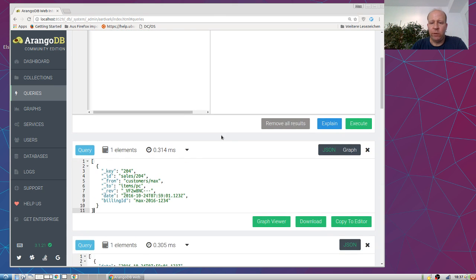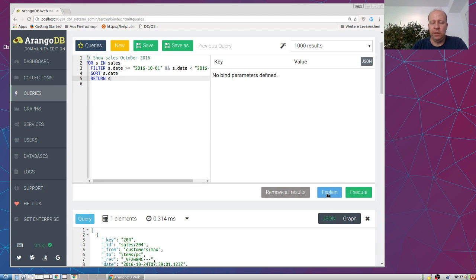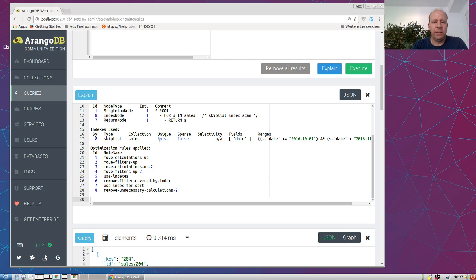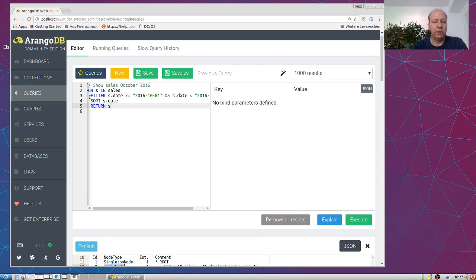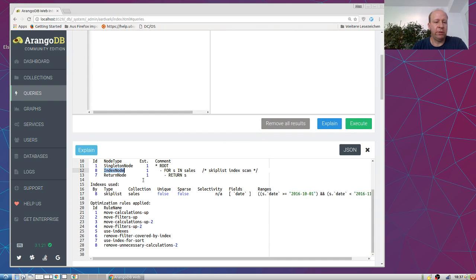Right, whilst I'm at it, you can look at the explain here, which shows you the actual query plan. What this shows you in particular is that it was using an index to satisfy the filter condition, and the actual filter condition has been thrown out. You see, the filter here has been satisfied by an index because I created a skip list index beforehand. And so in this explain you can see that it does not actually do a full table scan